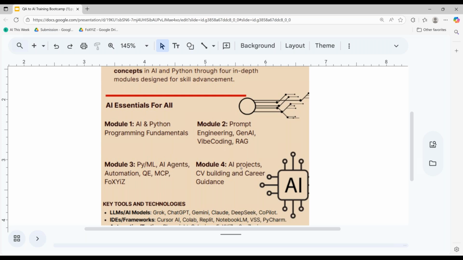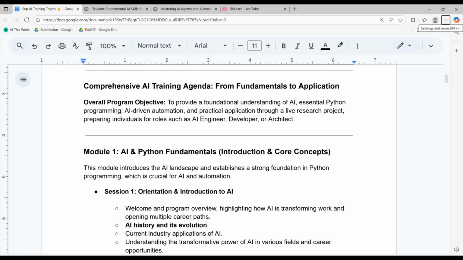At the end of all this, the intent is for you to be very comfortable trying to understand how to take the skills into the market, how to feel confident, how to showcase that, yes, I know these fundamental concepts, and that is where the new roles will come in.